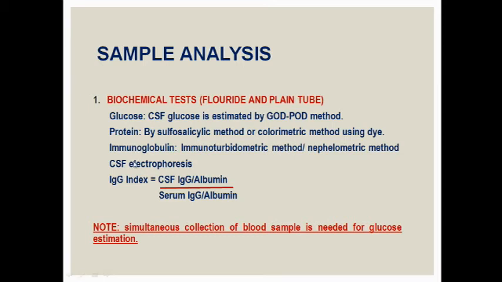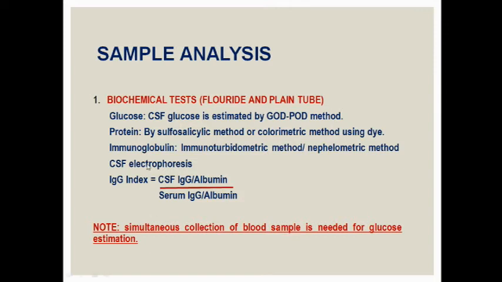using dyes. Okay. And there is something called CSF immunoglobulin estimation. It is performed in some diseases which we are going to study in the clinical interpretation part. It is usually estimated by the immunoturbidimetric method and nephelometric method. So everyone is aware of the principle of colorimetry, spectrophotometry, Beer-Lambert law, the amount of light absorbed, the amount of light reflected. So here in nephelometry, we are going to measure the amount of light that is reflected in the procedure, and we are going to do something called CSF electrophoresis.